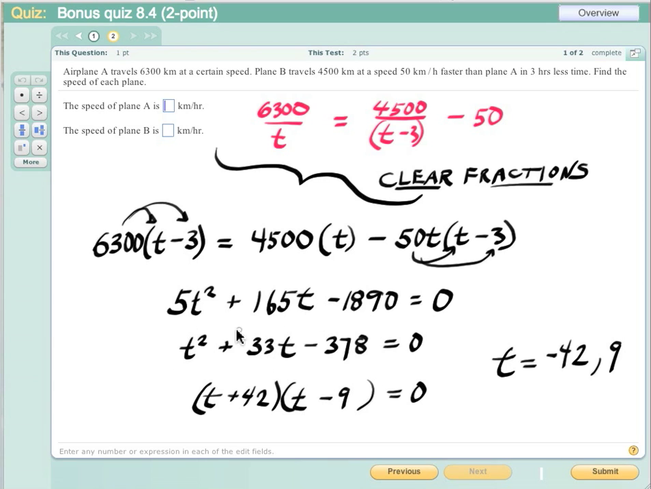So that left me with a trinomial that was easier to crack, or you could run the quadratic formula on it. I went ahead and tried to crack it, and lo and behold, two numbers that multiply to negative 378 and add to 33 are plus 42 and a negative 9. And the values of t that make these entities 0, well, t is equal to negative 42 and t is equal to 9. Of course, we know that's an erroneous solution, and we know that 9 hours is the solution